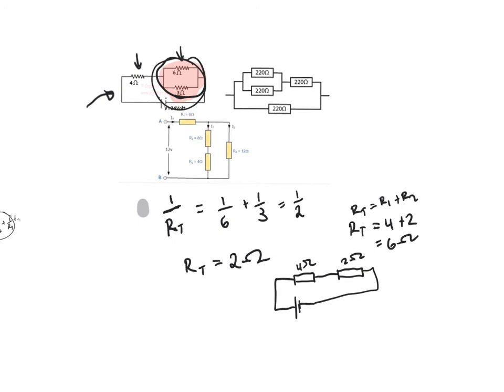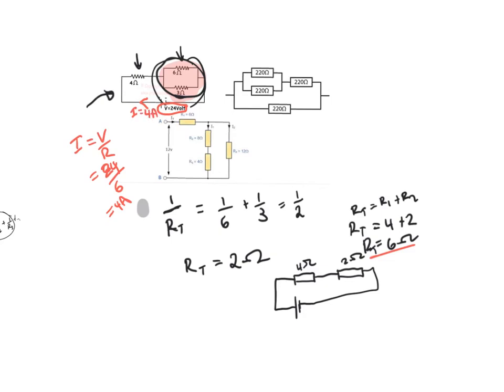And I can use this value as well if I wanted to calculate the total current in the circuit. It gave me the voltage here. Let me erase that. So it gave me the EMF of the circuit, and I know the total resistance of the circuit, which means I can calculate the total current in the circuit. So it will be V over R, which is 24 divided by 6. So it will have 4 amps of current